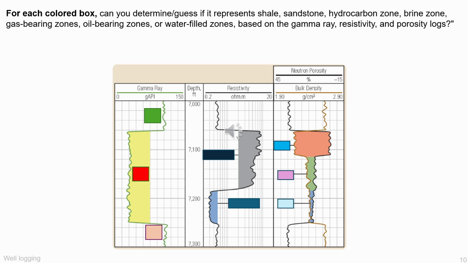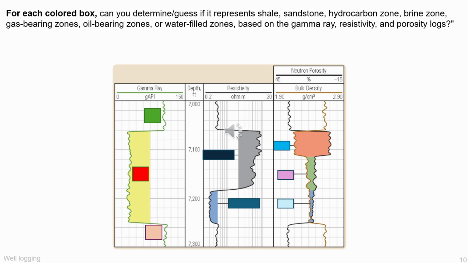The provided interpretation is shale at around 7,000 feet and 7,250 feet, indicated by high gamma ray; clean sand between about 7,050 and 7,150 feet, indicated by low gamma ray; gas from about 7,050 to 7,100 feet,